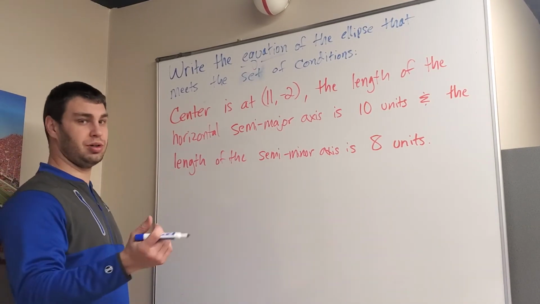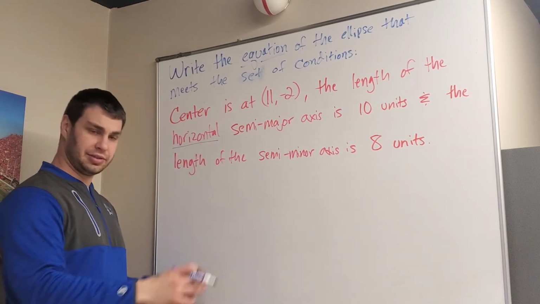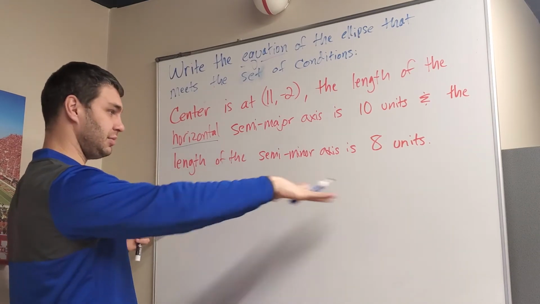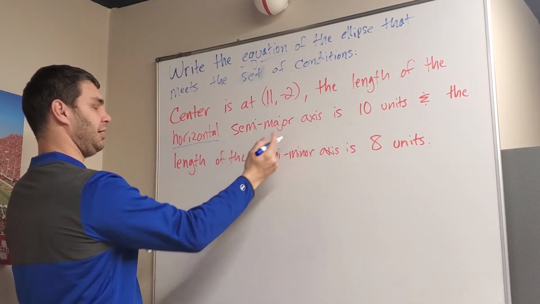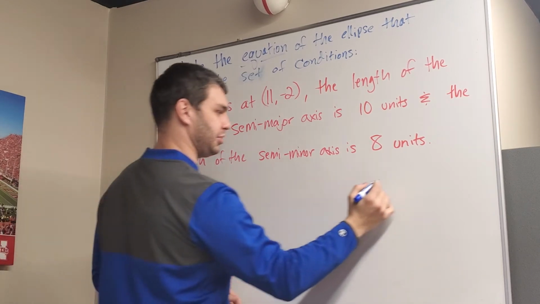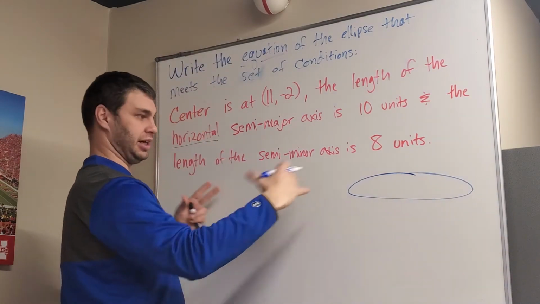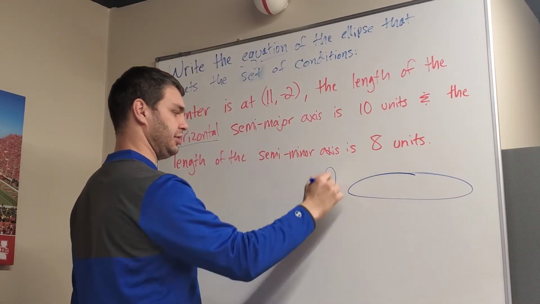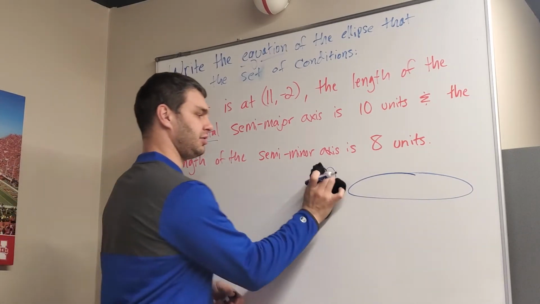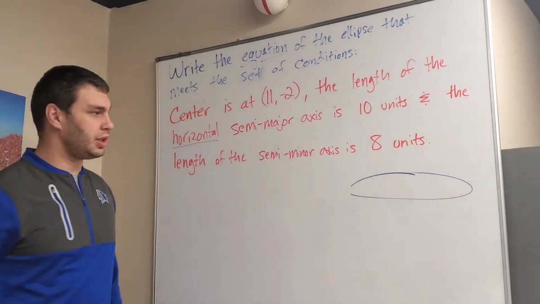I think the key word in this is probably horizontal. Because if you think horizontal, the horizon is this way. Horizontal semi-major axis, that means that this is going to be an ellipse that looks more short and fat compared to a tall skinny one. All right, so if it's more of a short and fat one, then we can think of it